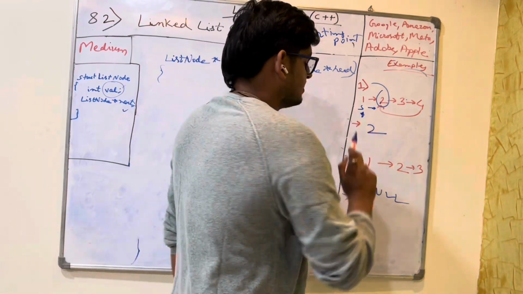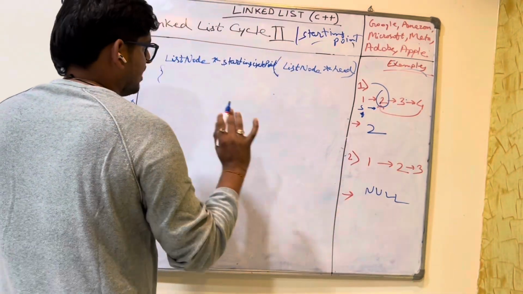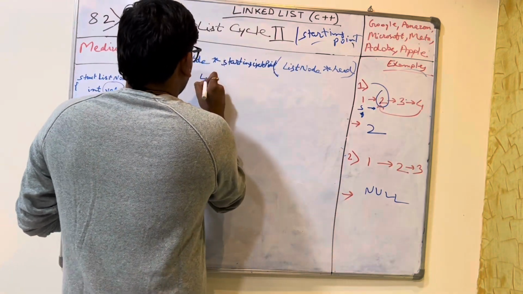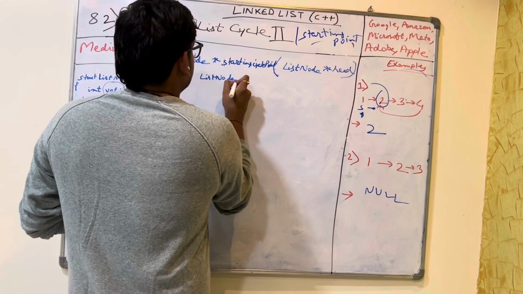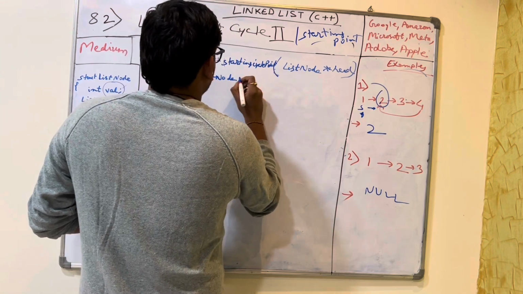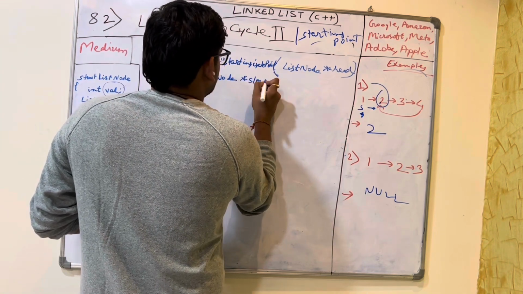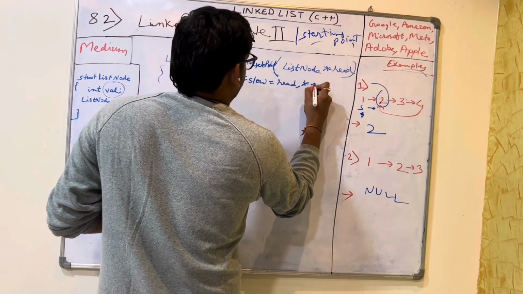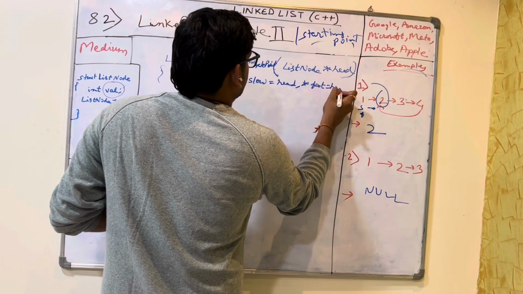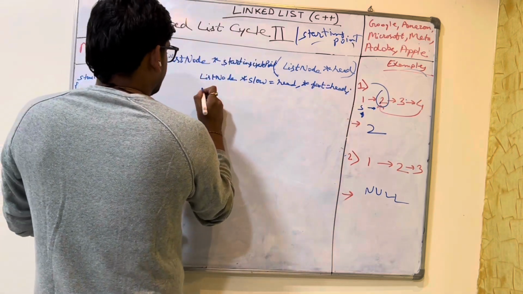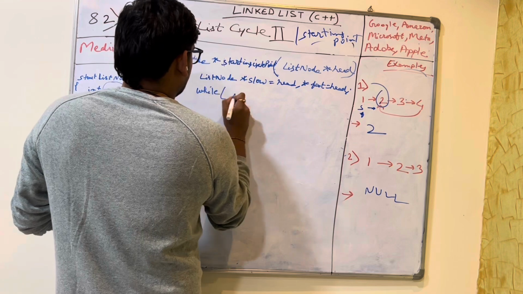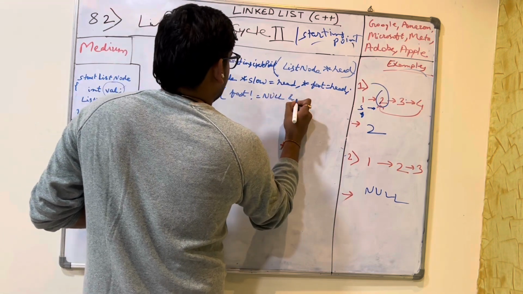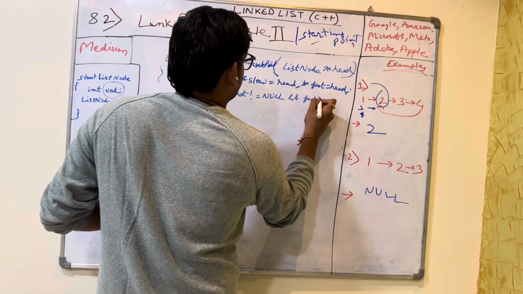Now how do we do this? First we need to determine whether there is a cycle or not. So to determine that, we'll just write the code for determining whether there is a cycle or not. So what we did, ListNode slow is equal to head, fast is equal to head. Okay, so we take this and then while fast not equal to null and fast next not equal to null,